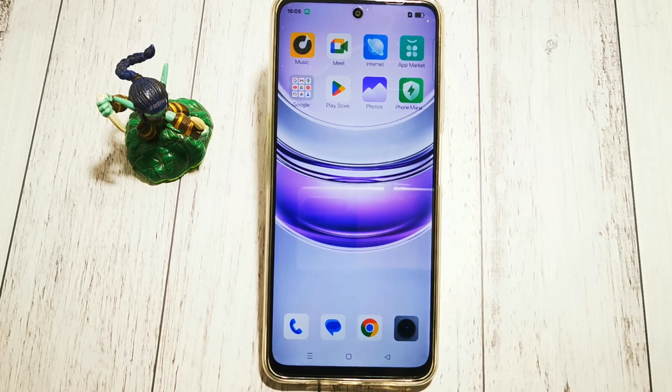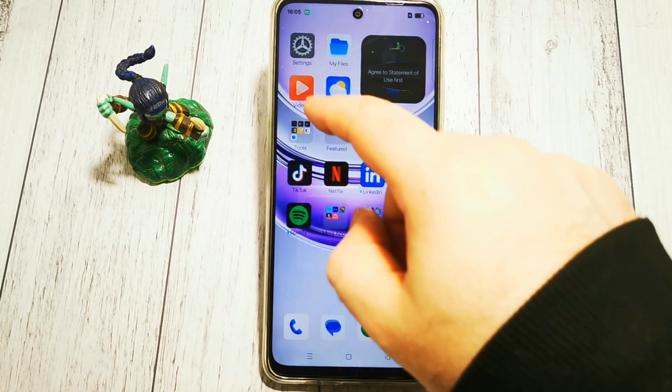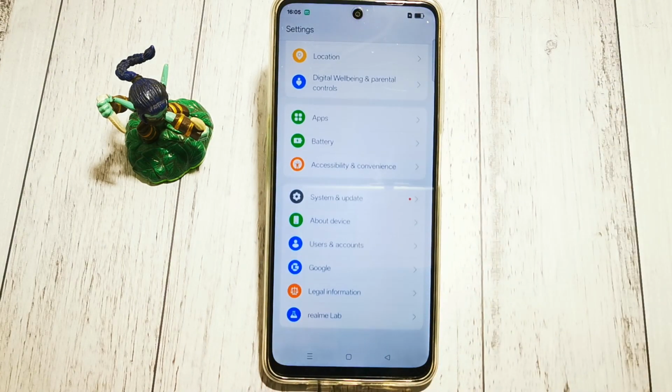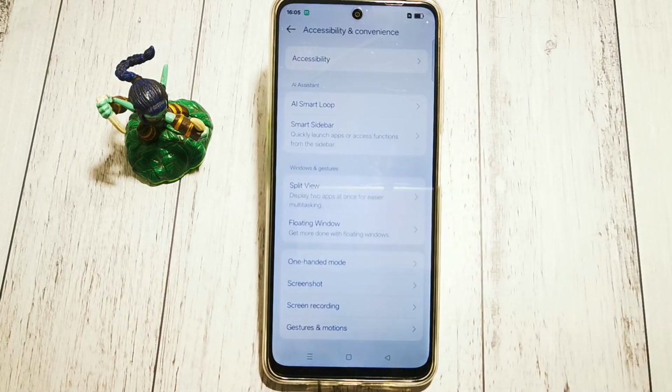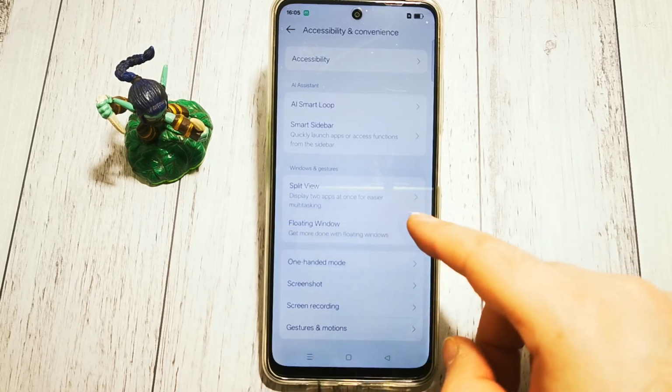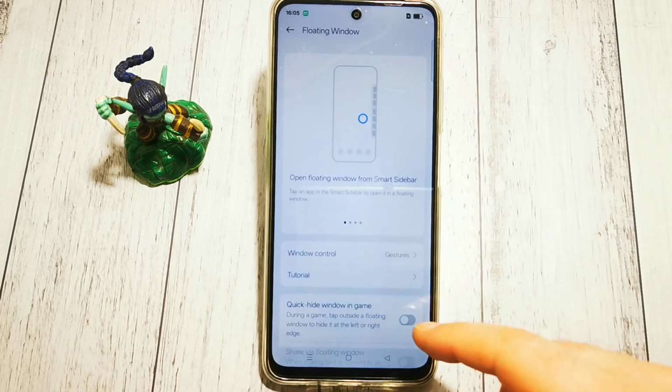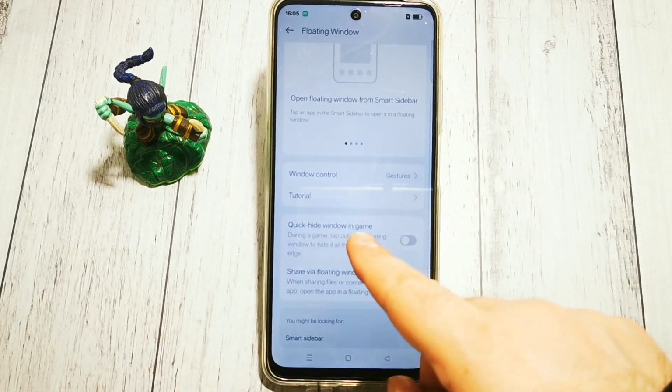Today I will show you where to find the option, how to enable and how to disable the quick hide window in game function in Realme 14x phone. So first of all we need to go to our settings. Then in settings we need to open accessibility and convenience. Next we need to go to the floating window here and we need to scroll down to quick hide window